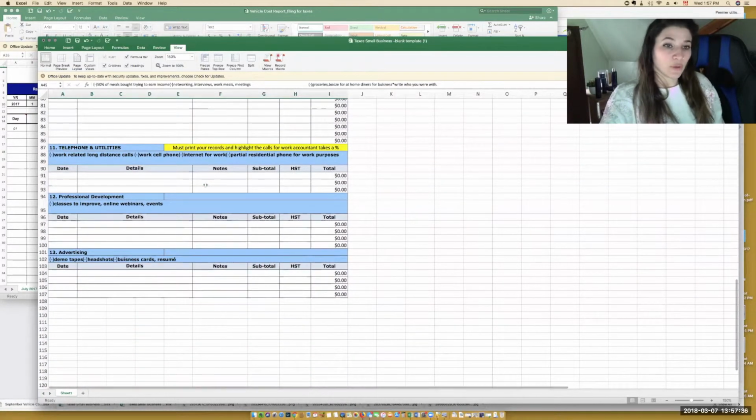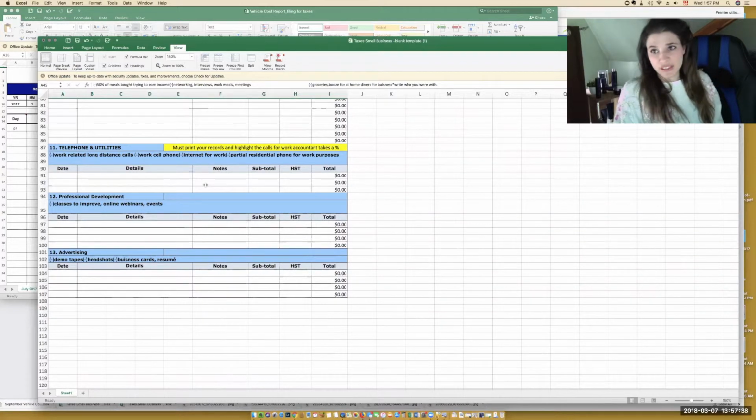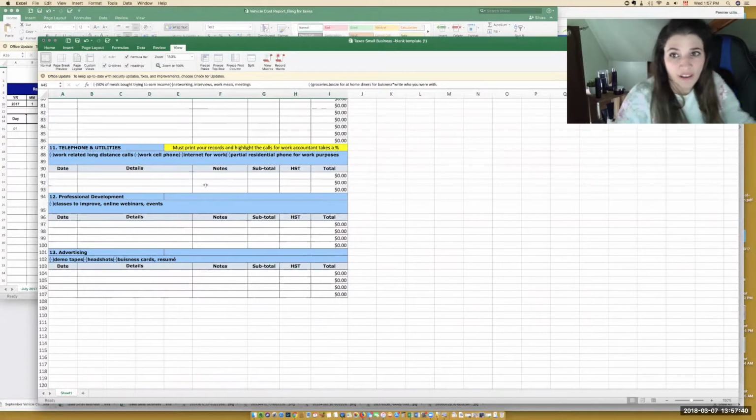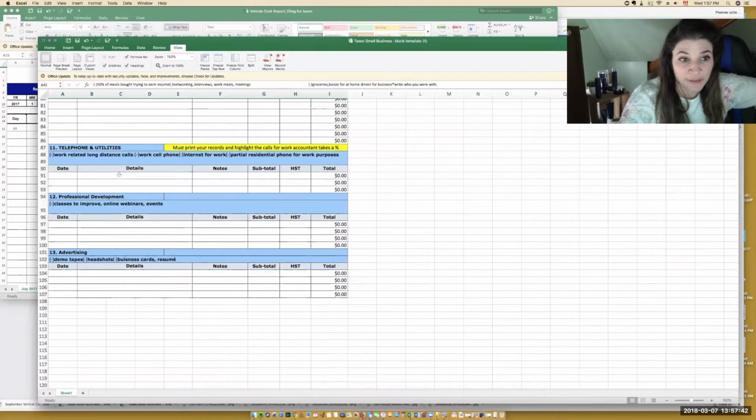Finally, telephone utilities. So we use our cell phones every day for all of the many follow-ups we have to do. So what you want to do is print your phone records. Yes, you do, because you want to do that before you get audited. When you're getting audited, I'm not saying you will, but I'm saying if it happens and you have those printed out, you will be way less stressed than if 3 years down the line,